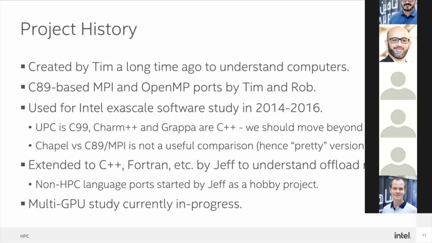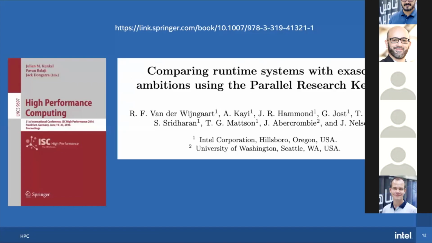I eventually did a bunch of stuff with C++ and Fortran, and I probably need to go faster. And I would say the next phase of the project is multi-GPUs. I'm not talking about that here, but that's the next phase of understanding. So this is the work from ISC 16. This is when I got involved, and I want to say I think this is a pretty good paper. Now it's maybe not as interesting because people believe that MPI will work at scale, and I don't know how many skeptics there were in 2014, but there were some, and hopefully they've given up.